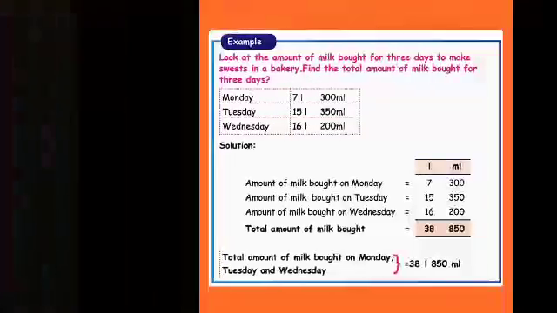We have one more sum on subtraction. The sum is 36 liter 400 milliliter minus 12 liter 550 milliliter. So we write liter and milliliter. In the liter place we write 36 and in the milliliter place we write 400. On the next line we write 12 in liter and 550 in milliliter. We can't subtract 550 from 400. So we are going to do the regrouping process in this sum. We'll start with milliliter.